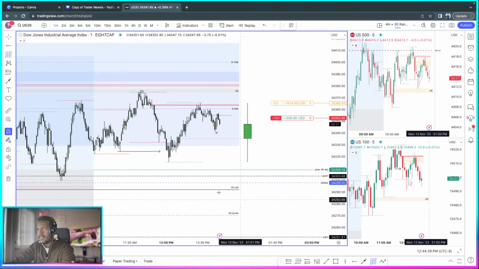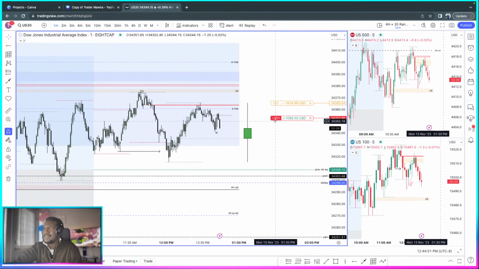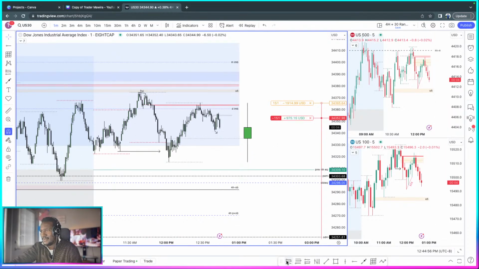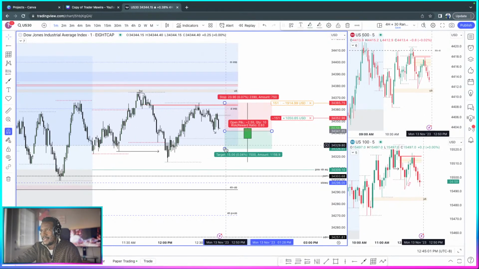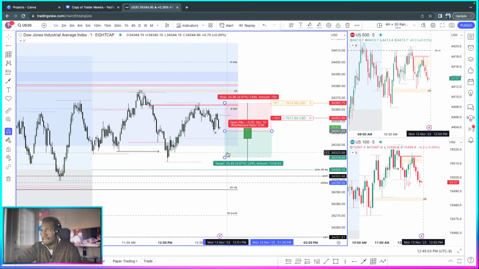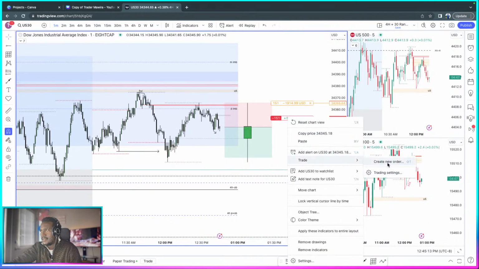Now, looking at the previous 30-minute range, if I'm taking part, this should at least be on the upper portion. So this is discount. So I'm still good anyway. 0.75. You know what? But we're too late. Could have added like the other 0.25% that's missing. You know what? Okay, I'm gonna take advantage of that fair value gap. Let me just do the rest. The other missing. Create new order.